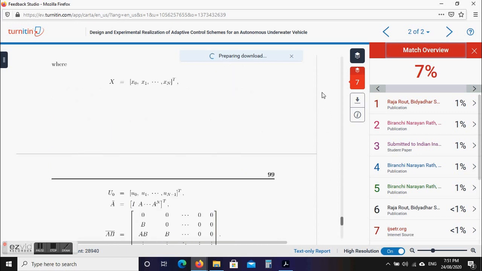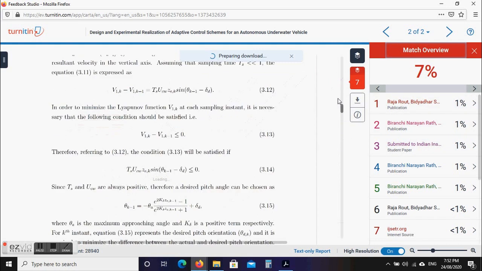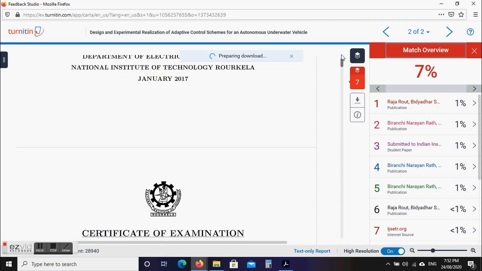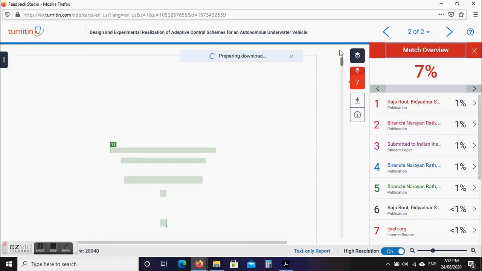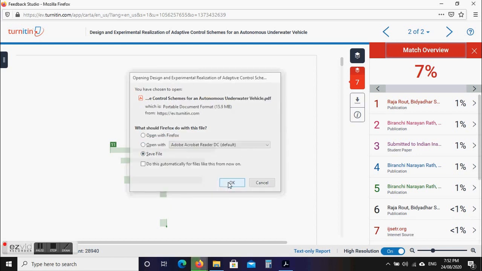For example, in the report you won't find these ones on the right hand side, but instead this is number 1, this is number 1, and suppose this is number 11 matching. So in the downloaded report, at the end of the pages you will see 11 and the URL, so you can understand that this particular number 11 is matching with this number 11 URL. So now the report is ready, we can download it and save it.